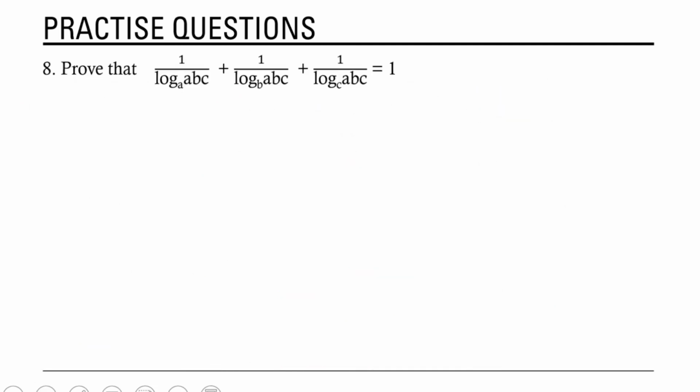Next question, prove that 1 by log ABC to the base A plus 1 by log ABC to the base B plus 1 by log ABC to the base C is equal to 1. Again we are having different bases: to the base A, to the base B and to the base C. So we have to convert all these to a single base. So first,